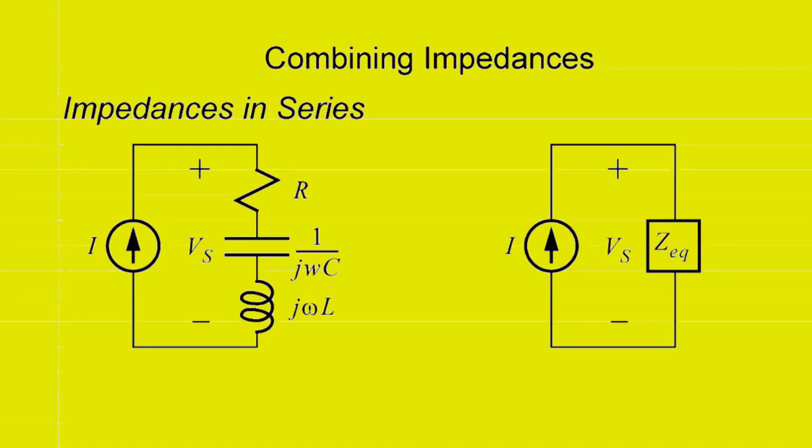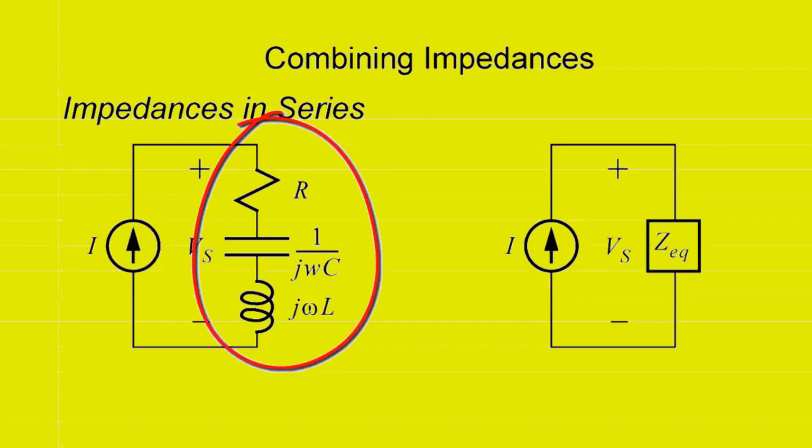Now we'd like to determine how to combine impedances that might be in series or parallel. Because Kirchhoff's voltage law and Kirchhoff's current law apply, we suspect that impedances in series will add, just like resistors in series, and we suspect that impedances in parallel will be the inverse of the sum of the inverses, just like resistors. But before jumping to that conclusion, let's take a look at these three impedances in series where we